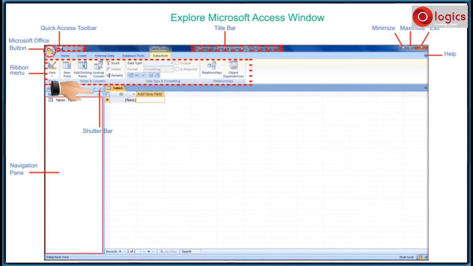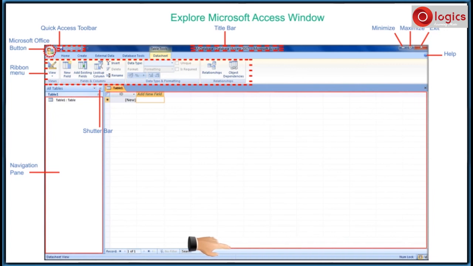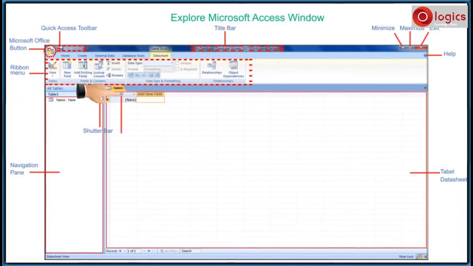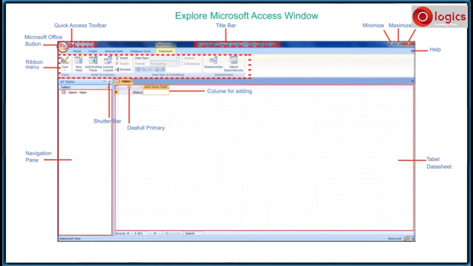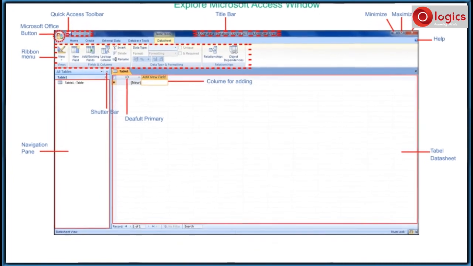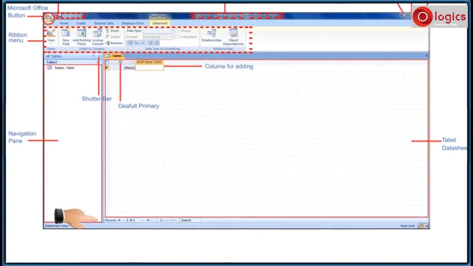This is the datasheet view, which enables you to display the selected item in navigation pane. ID is the default auto number for the table. Add new field enables you to add a new field for the table. You will learn in detail about this in coming lessons. This is the status bar.